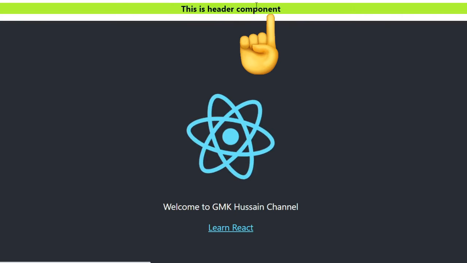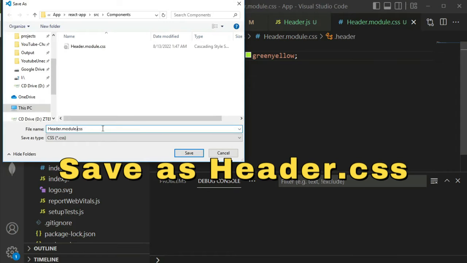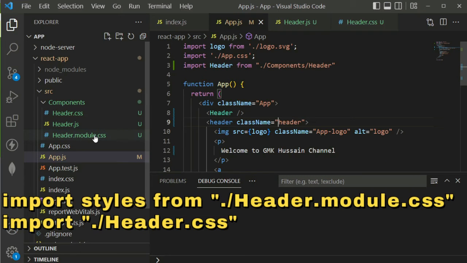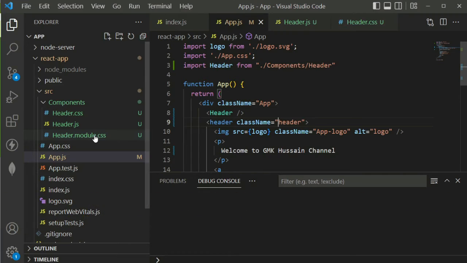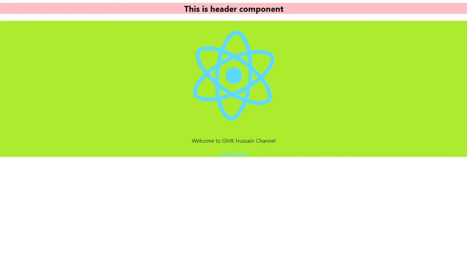Color updated. Let's see the difference between these two types of styles. Both files are included. Let's change the color and see the difference. I just changed the colors to pink and green. We can see here this class is not accessible outside the component, and